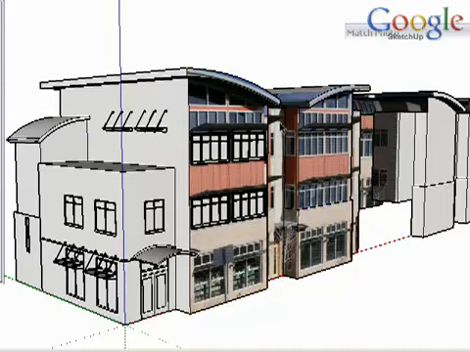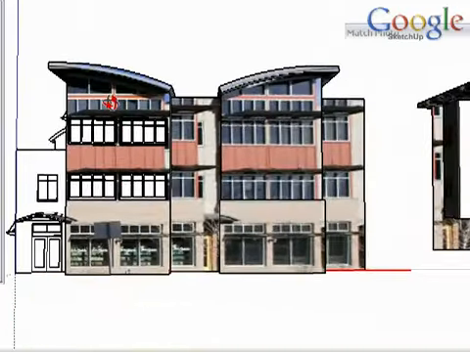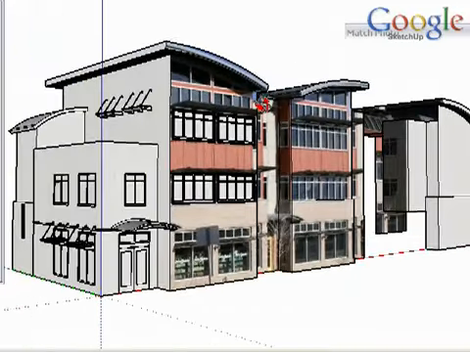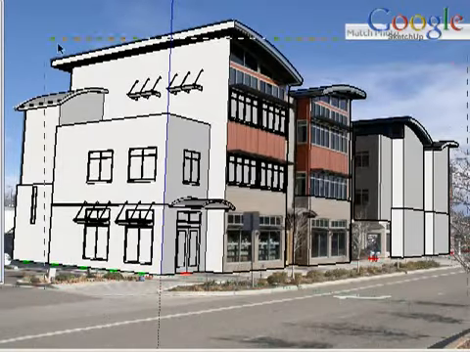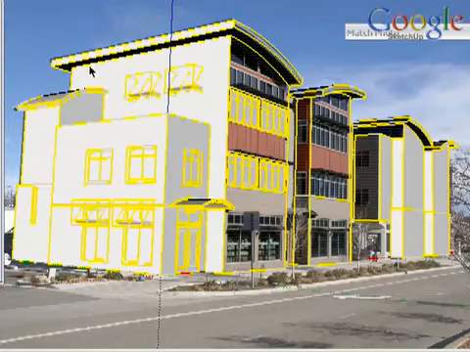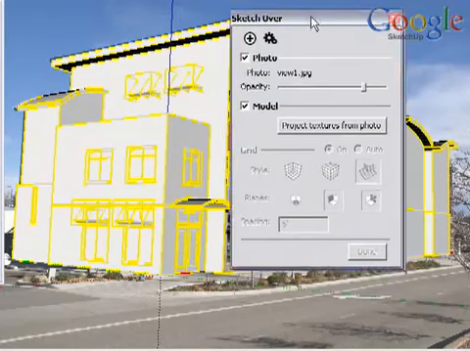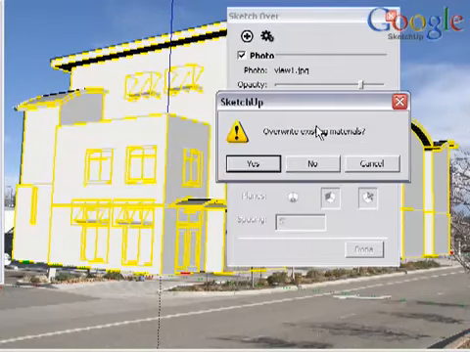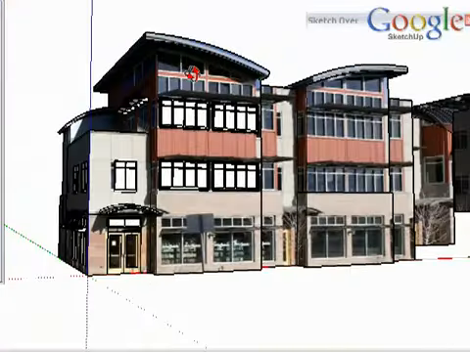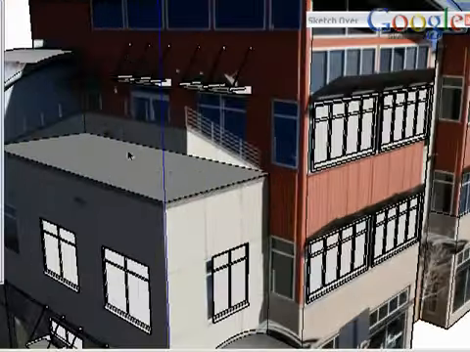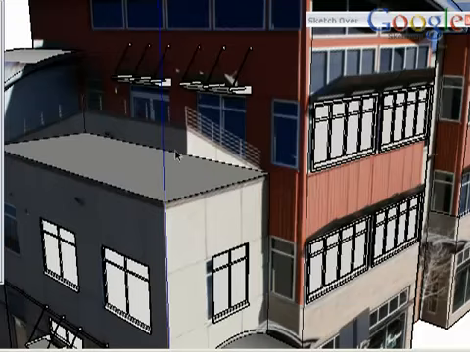Now orbit to get the full effect of what we've done. The actual photo image has been mapped onto the model. That's pretty amazing for a few faces, so let's do the whole model. Click the Scene tab to get back to the photo view, select the entire model, right or context click and choose Project Photo. Because the photo is projected straight to the model from this view, there will be areas, particularly